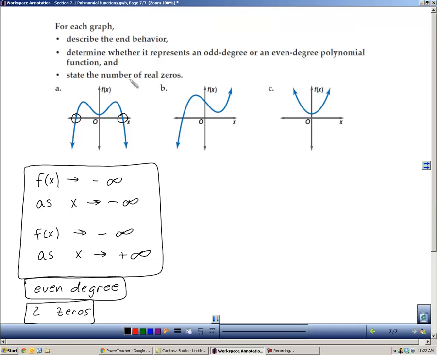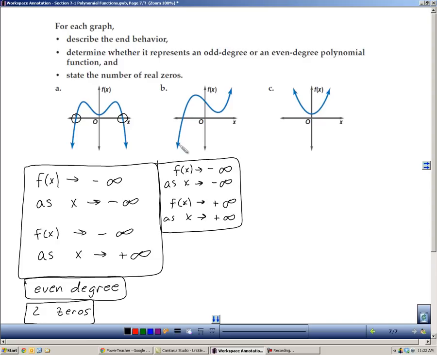Our next example, describe the end behavior. So the function approaches negative infinity as the x's approach negative infinity also. And the function approaches positive infinity because it goes up on the right hand side as the x's approach positive infinity. Because one end goes up and one end goes down, that means it has to have an odd degree. And the number of zeros is 1. Last example,